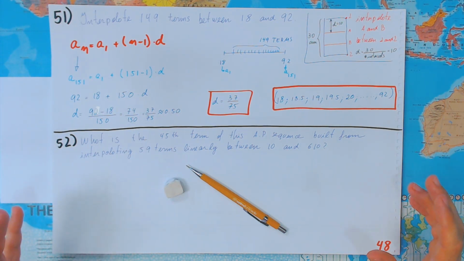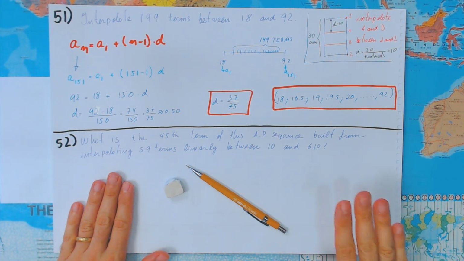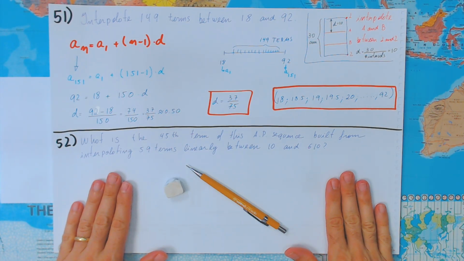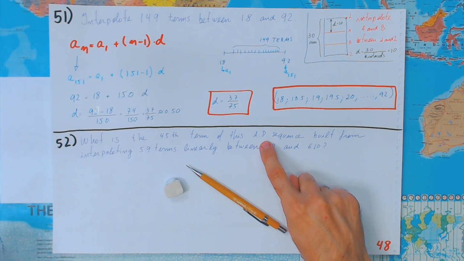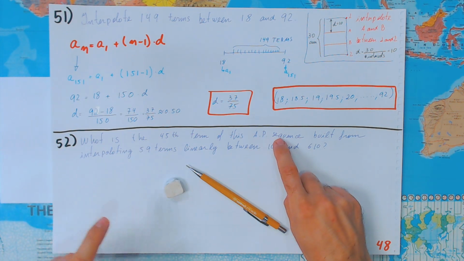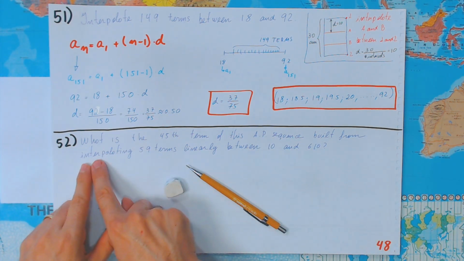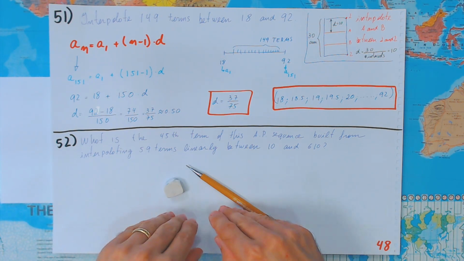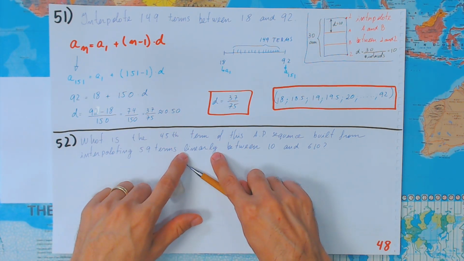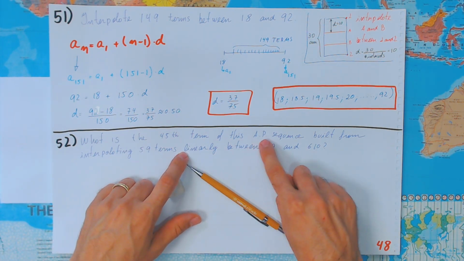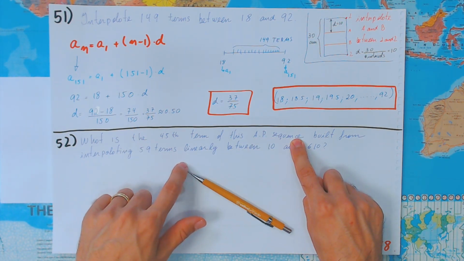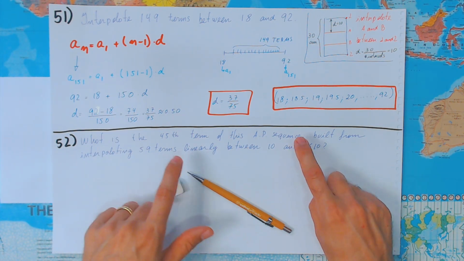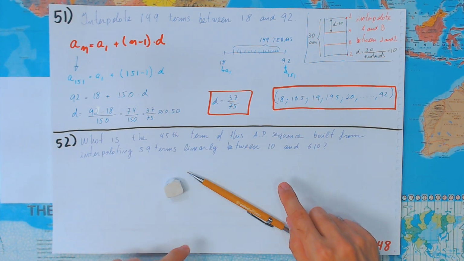What do we have in here? We're going to have the 10, we're going to have the 610, and we're going to interpolate 59 terms in between. This is going to be an AP sequence, an arithmetic progression, and of course, because we are interpolating those 59 terms, they have to be linear, right? It's redundant to say it is an AP sequence and the terms are linear. They are synonymous, okay? It is the same thing.